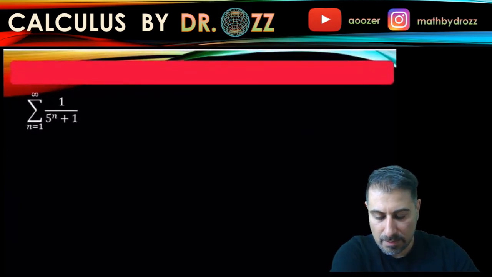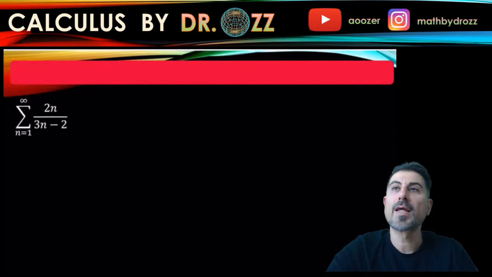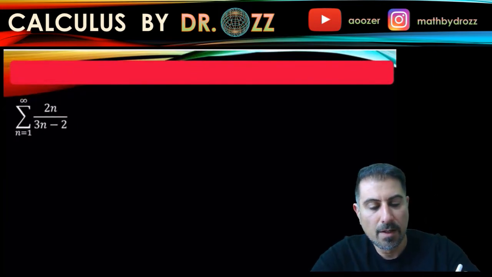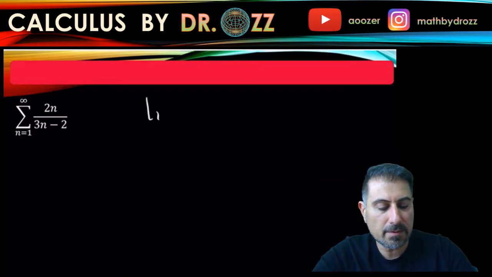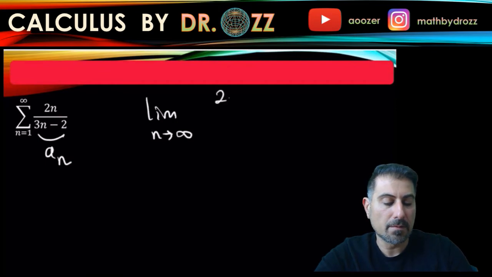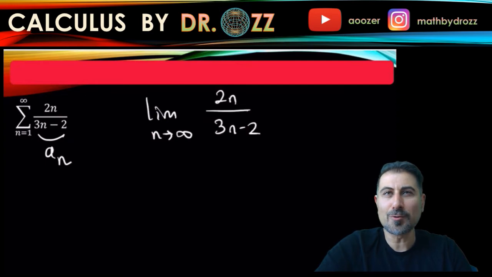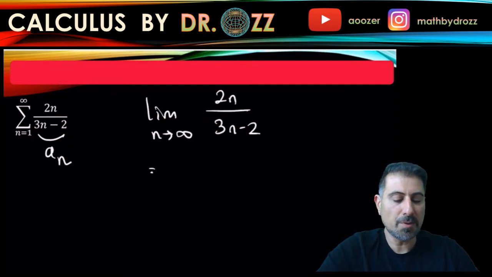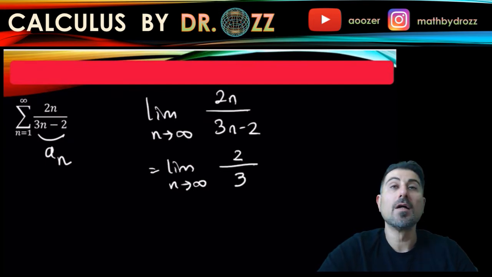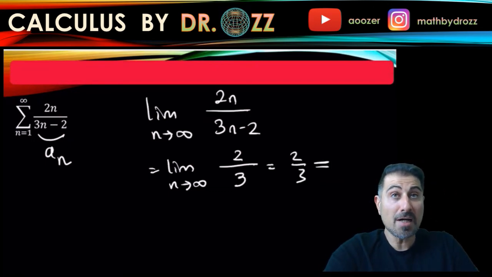Where is the series here? So let me just grab that here. And here we go. Okay, so let's look at the limit of the nth term, which is a_n. Okay, this is infinity over infinity type indeterminate form. Well, you know L'Hopital's rule, right? Take the derivative of the top, take the derivative of the bottom. The limit of this is equal to, just this is a constant term, so the limit is 2 over 3, which is